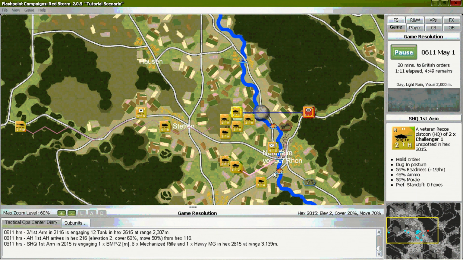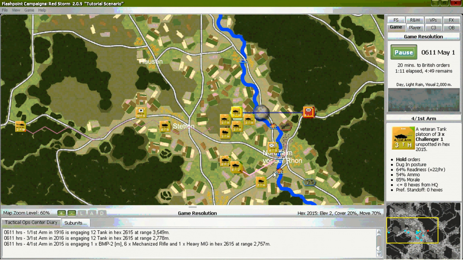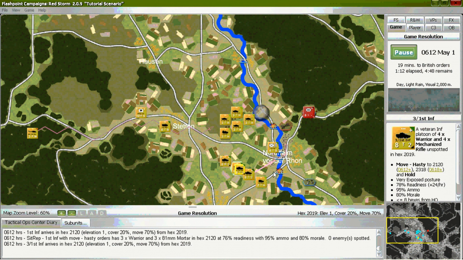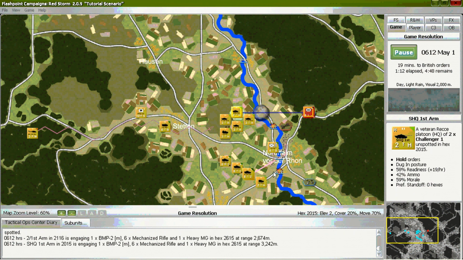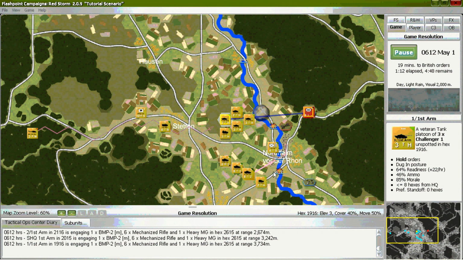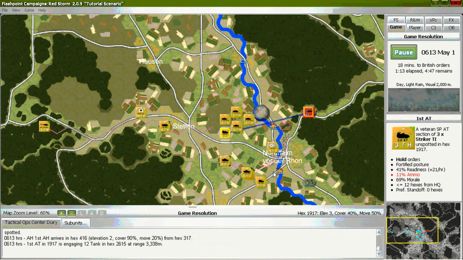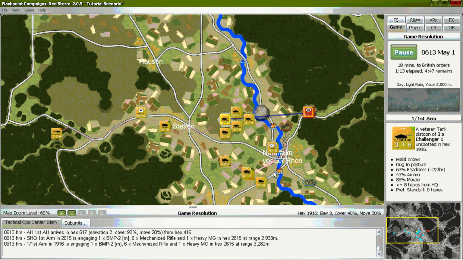Action on the 5th turn, 0611. Action is non-stop from start to finish.